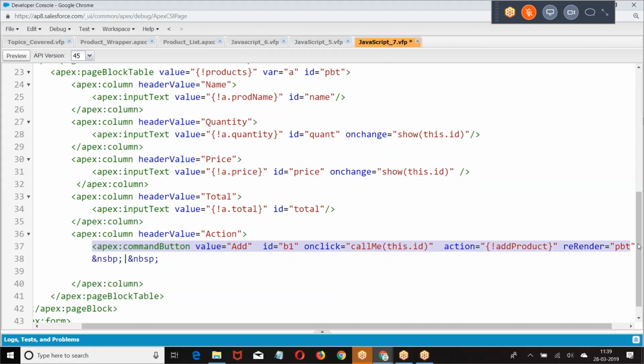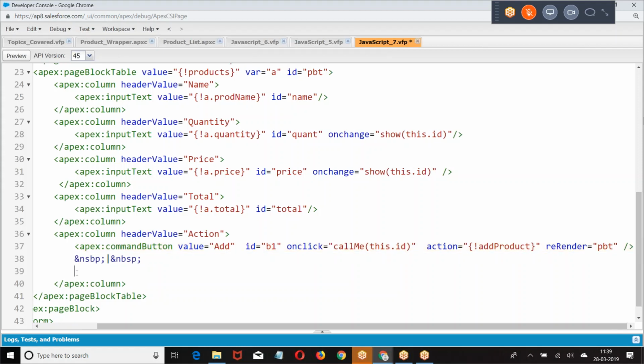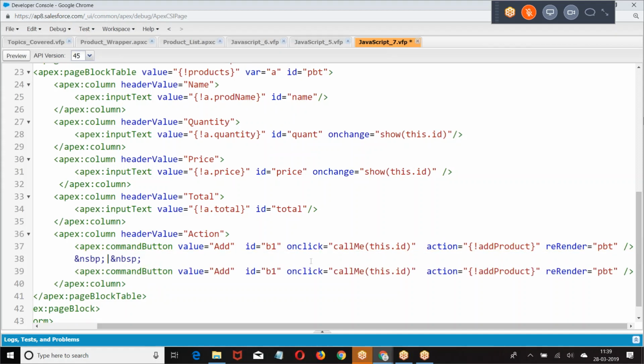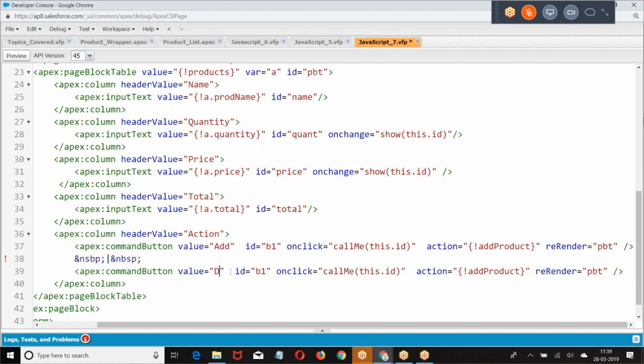Then I went to the next one. Same story. Now, this is what we have given. Add product, delete product.